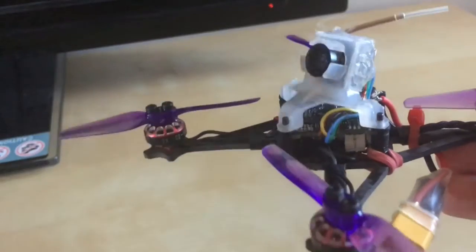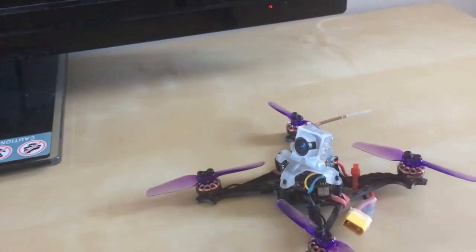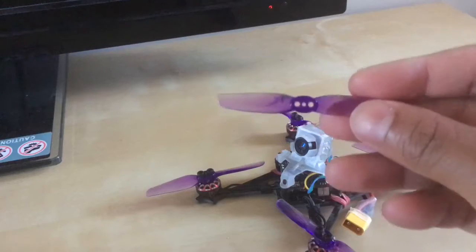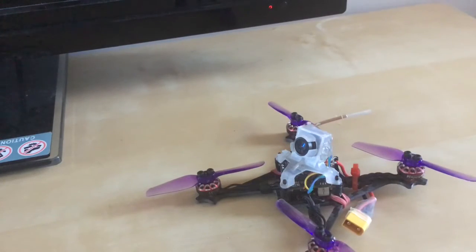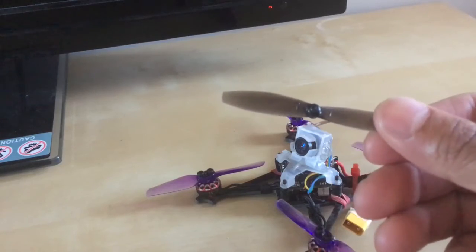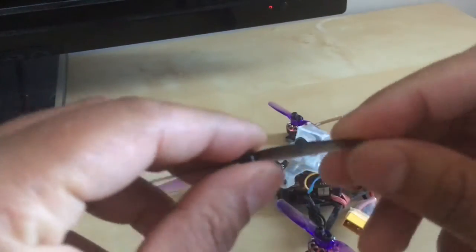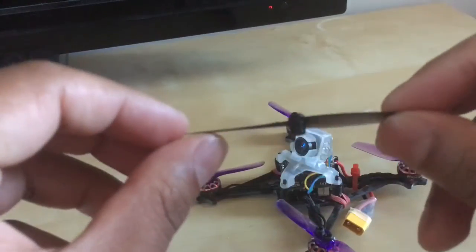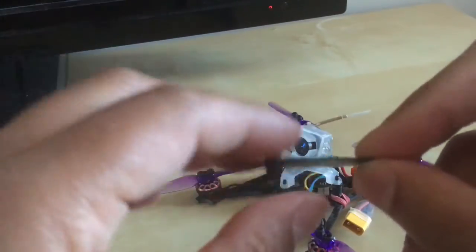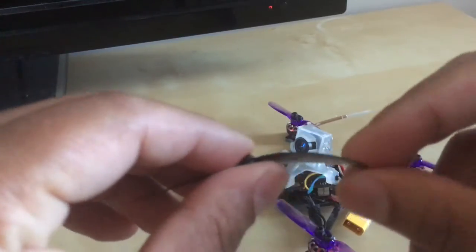As for props, let's talk about props. As you notice, I'm using the HQ ones. They're great props. They're not the best performing props, but they are the most durable with those screws. So that's just these ones here. You can use the standard 65mm props on them. They'll fly fine. I find that these ones just wobble a bit when you really punch it out. You can feel the flutter at the end of the props because they're quite flexible. I think these are just the King Kong